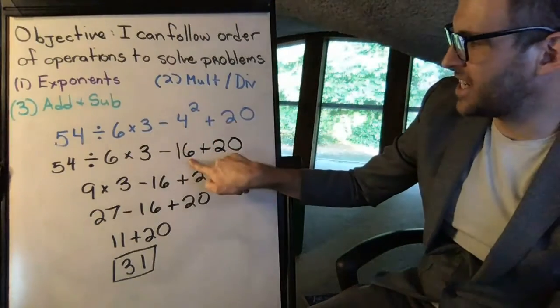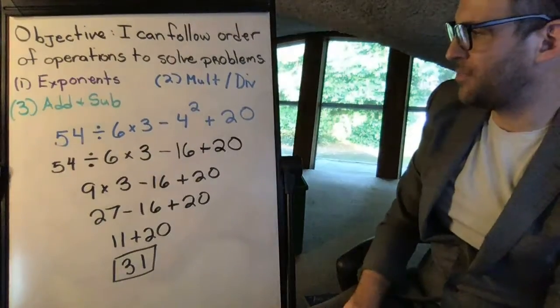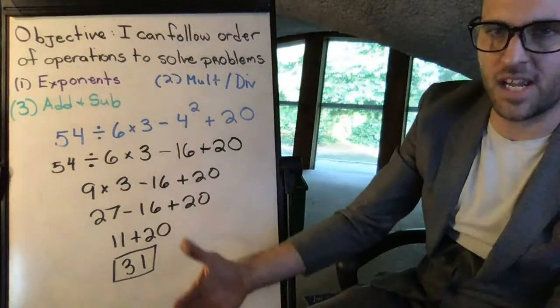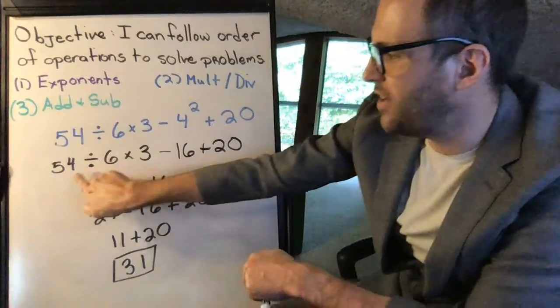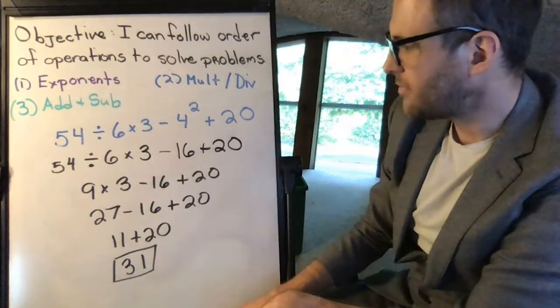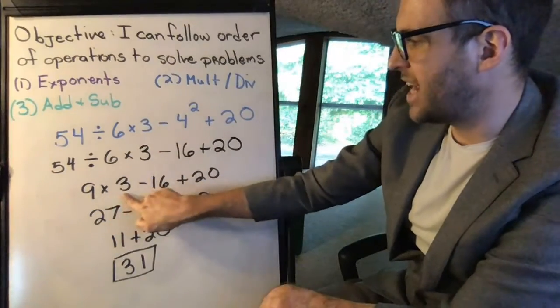4 squared is 16. We've done our exponent part. Now looking for multiplying and division. I see division and multiplication, so working from left to right. We do 54 divided by 6 first. That gives us 9. We then write everything else down, and then we do our next step, 9 times 3,